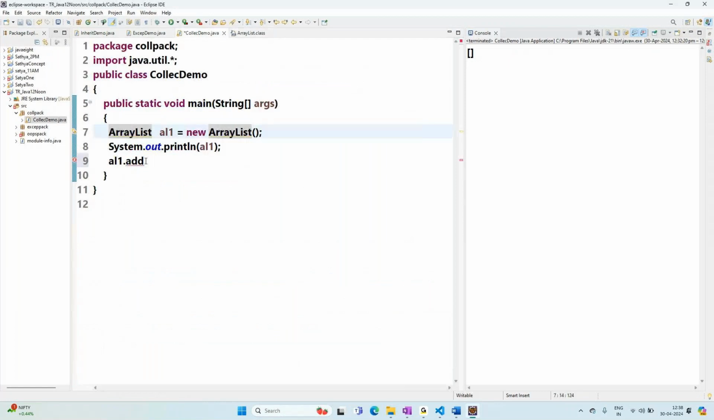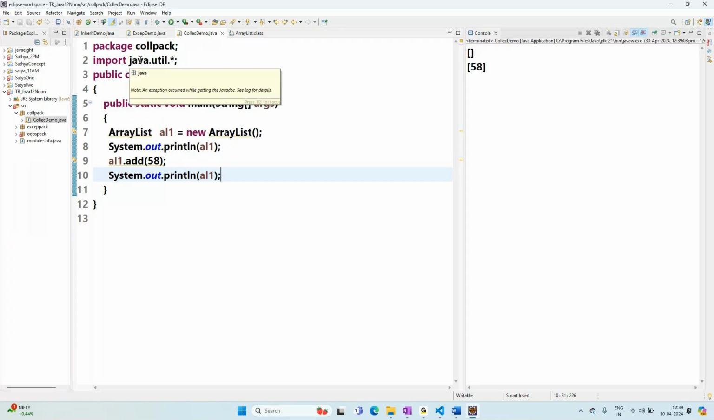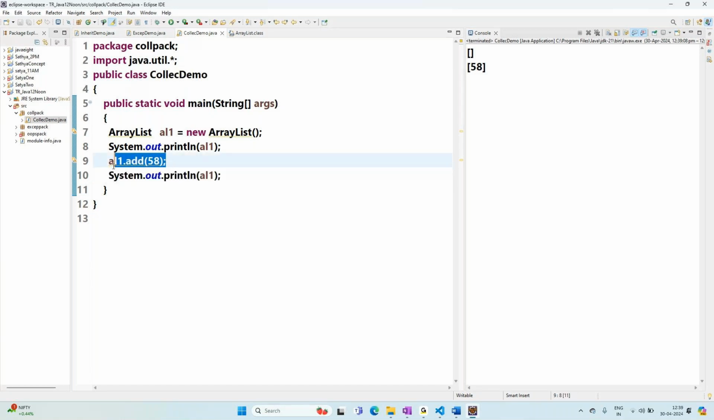Okay. Add. Now I will add 58. Where will the 58 go now? That 58 will go into AL1. 58 went into AL1? Yes or no? 58 went as the first element because it follows index. It follows index. Array list means like array only. Okay. System.out.println. Okay. So now I will add